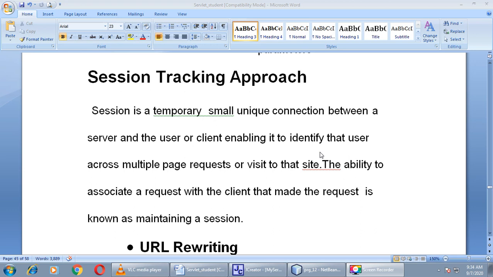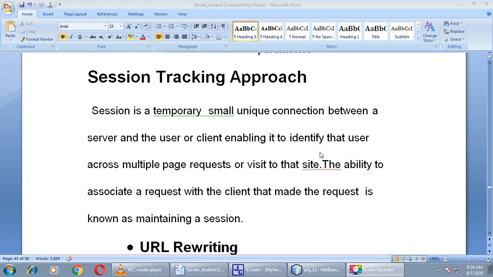When a user makes a page request, the server creates a temporary session to identify that particular user. So, when that same user goes to another page on the same site, the site can recognize that user easily.